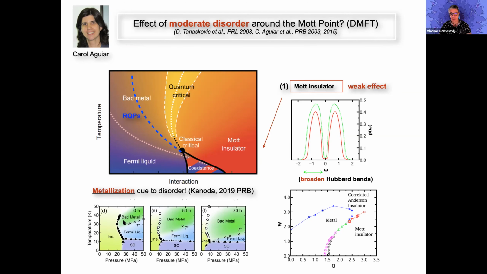And also the coexistence region, given by this first order line, also shrinks. So this is totally in agreement with the predictions of our theory. And in fact, these are the results obtained, even some of them early on in the early 2000s by Carol Ogiar, who was a former student of Eduardo and myself. And she produced this following phase diagram, which completely agrees with this experiment.